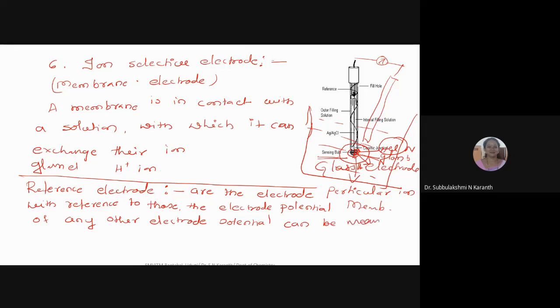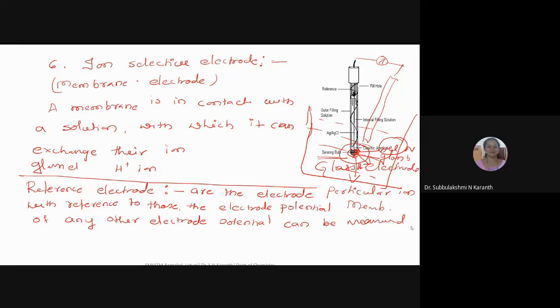This type of electrode is called a reference electrode. This reference electrode can also act as anode as well as cathode